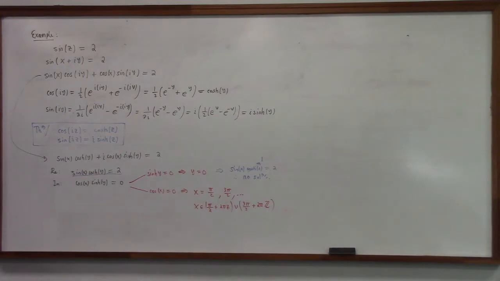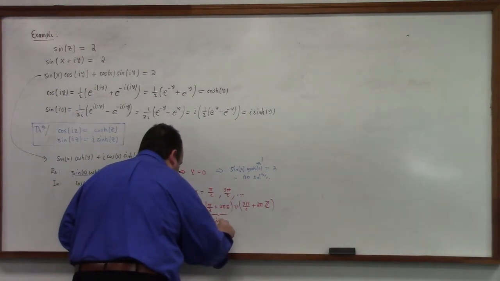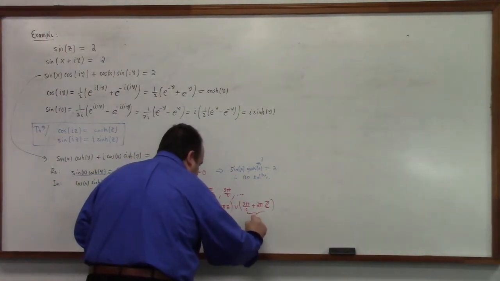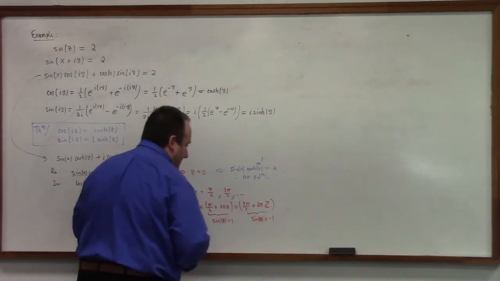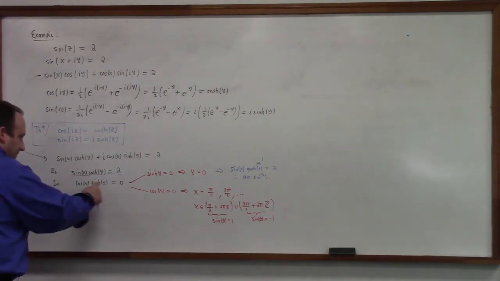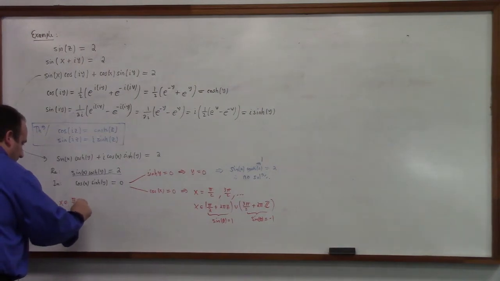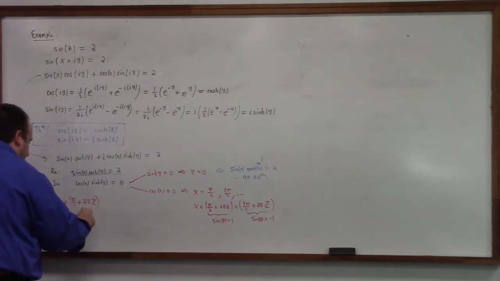You could do that. But on the flip side, sine of such theta is 1 over here, and sine of such theta is -1 over here. So the first family are the ones that make sine be 1. The second are the ones that make sine be -1. And so, great, cosine of x being 0 solves the second equation, but what about the first? Well, I have to go back to the first equation, right? So if x is an element of pi over 2 plus 2 pi Z, then